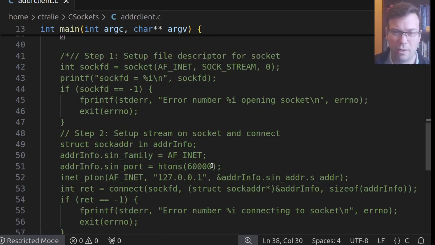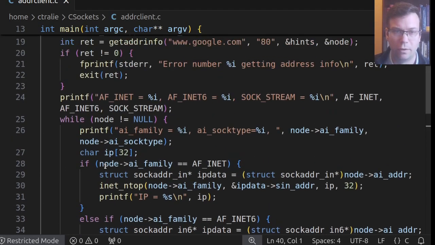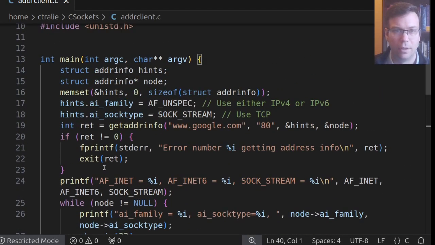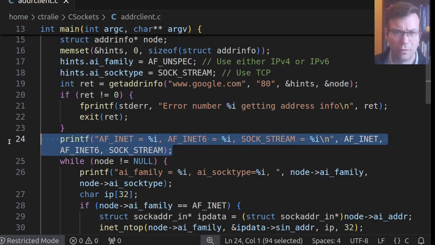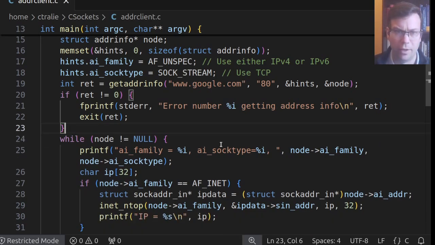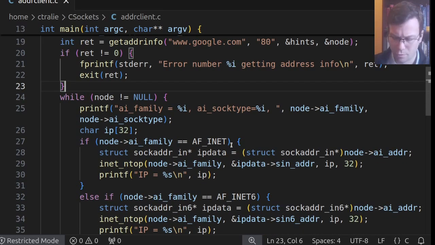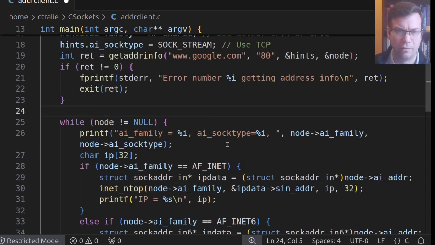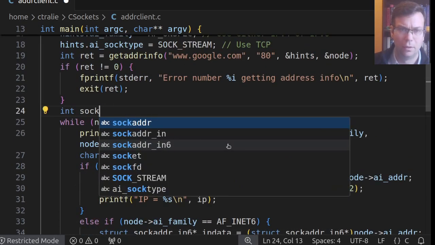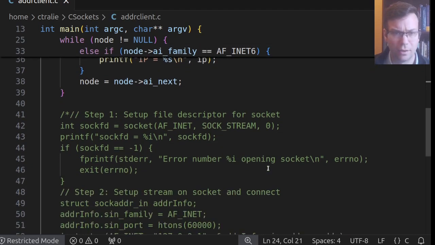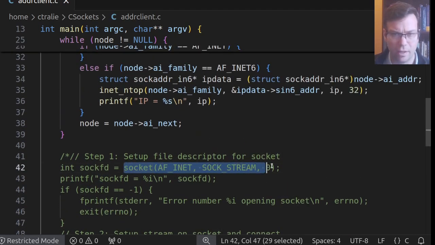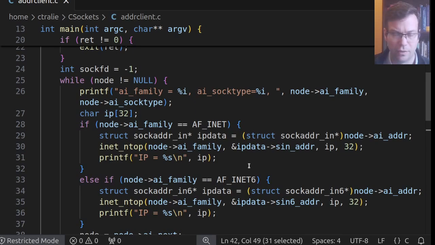So what I'll do is now put the code that I wrote before up here. I'll get rid of this. We don't really need this anymore. This is just telling me what these magic numbers were, but I know what they are now. So I'll declare this sockfd before, but I'll make it -1. And what I'll do is I'll try, every time I see one of these connections,